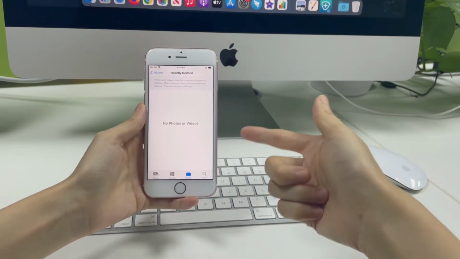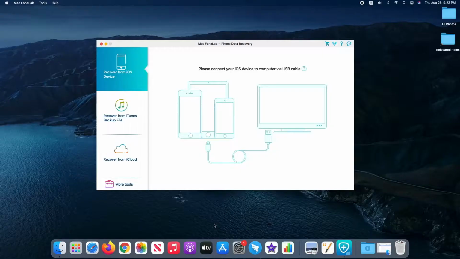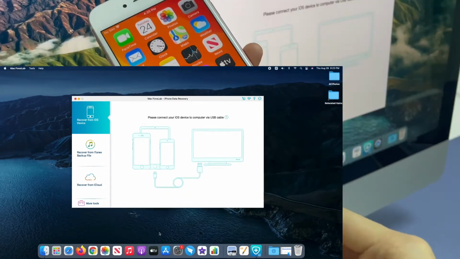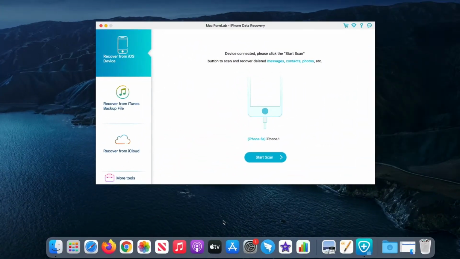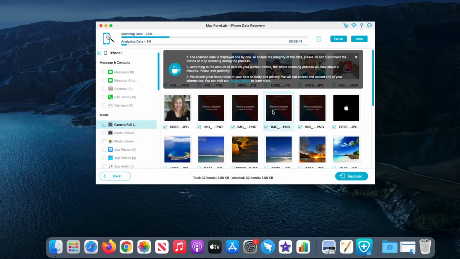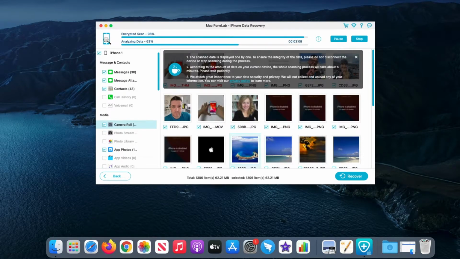Now go ahead and use the software to implement the recovery process of deleted photos. Open the software. We select the Recover from iOS Device option. Then connect the iPhone to the computer. Once the phone is detected, click the Start button. The software digs into the phone and finds anything, including the lost files on the phone. You will wait a couple of minutes till the scan is finished. Of course, the time it takes is subject to how many files you have on your iPhone.